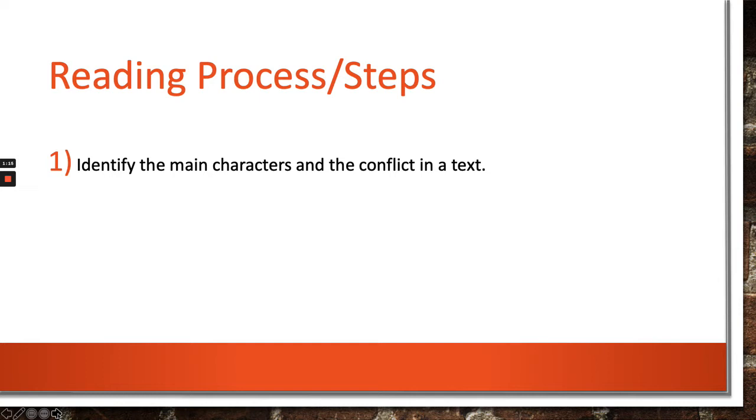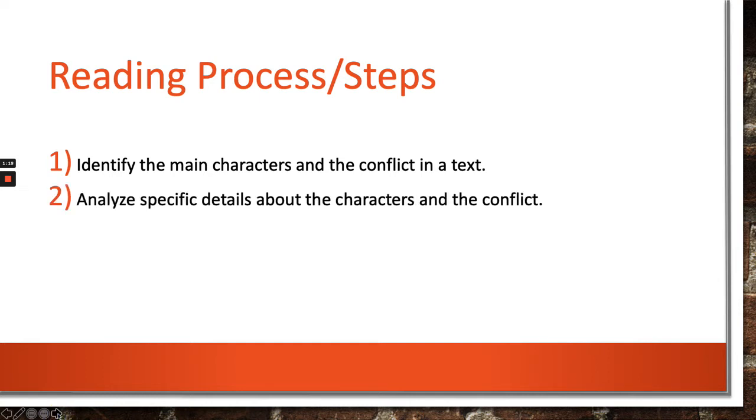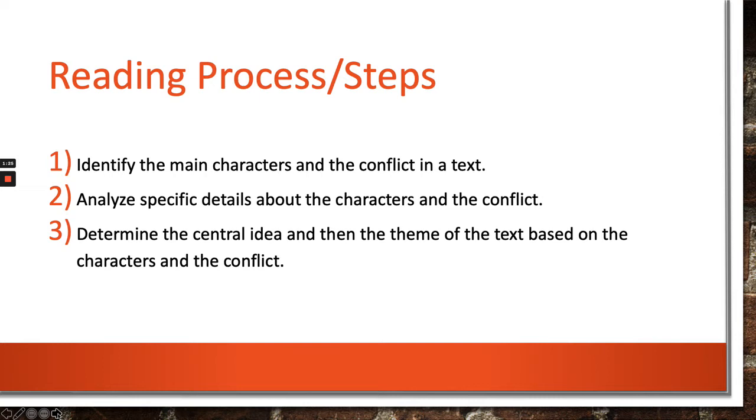Well, the first thing we want to do is identify the main characters and the conflict in the text. Then we want to analyze specific details about the characters and then about the conflict. And then we want to determine the central idea first. And then we can determine the theme of the text based on what we see about the characters and the conflict. So let's practice. Today we're going to be reading short excerpts from Fish Cheeks by Amy Tan, which can